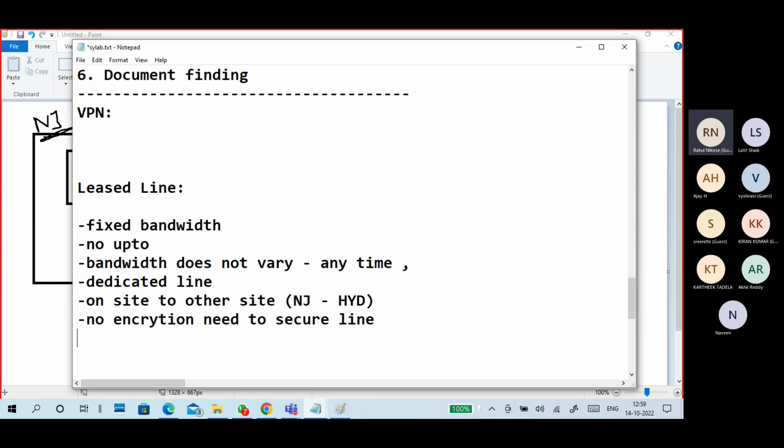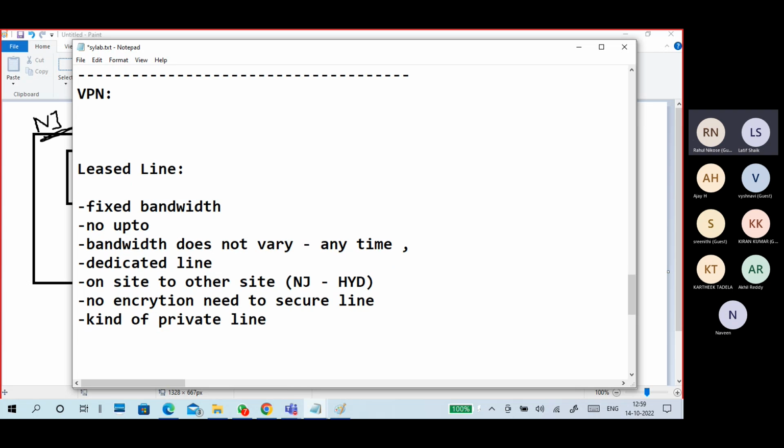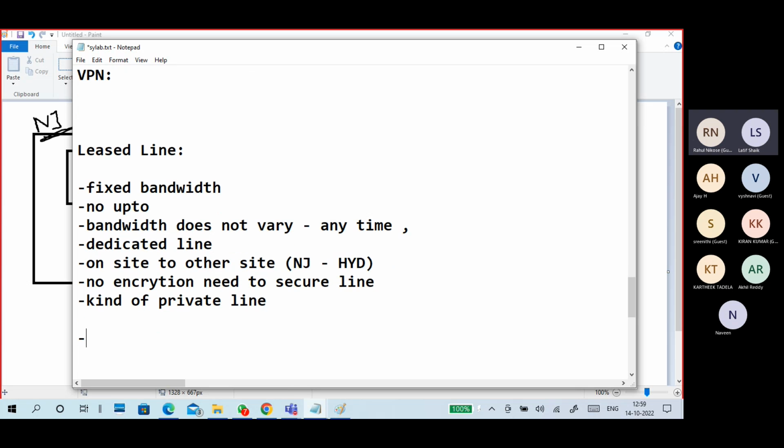No one is allowed inside, so it is a secure line. It's a kind of private line. Okay, so we'll see the disadvantages. That is one of them: no encryption.